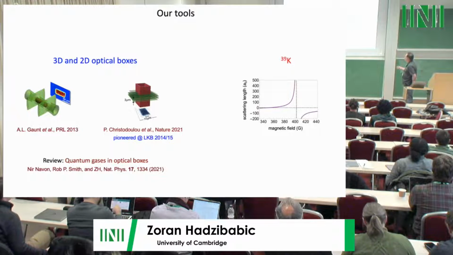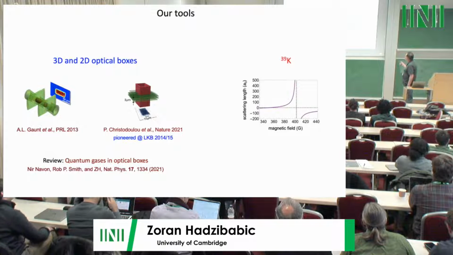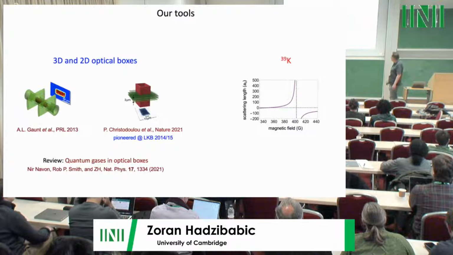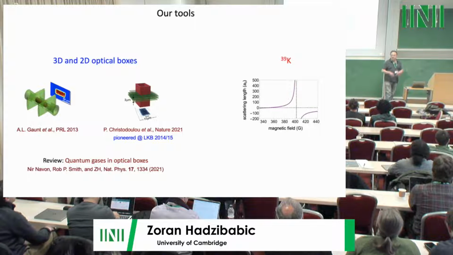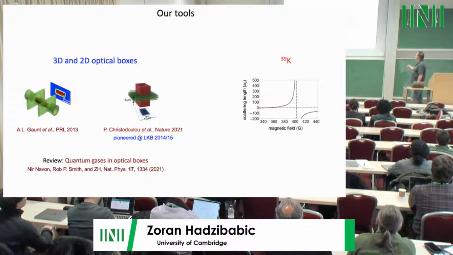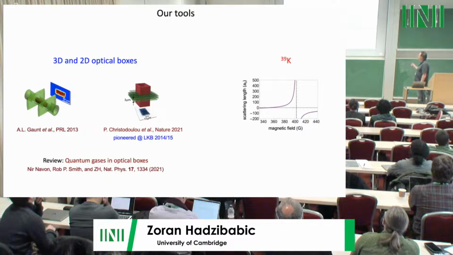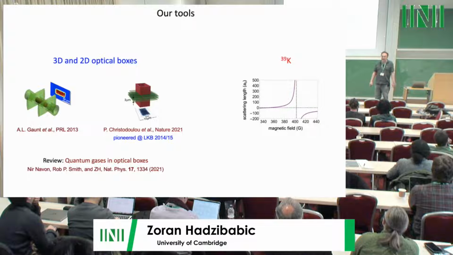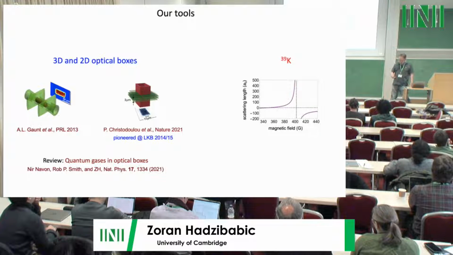Another important thing is the atom. There will be maybe one slide on all the experiments, but for the new experiments, all the experiments are done with potassium-39. And potassium-39, because of some numerology of atomic physics, has a convenient feature that it's easy to tune the strength of interactions in the system, the strength of nonlinearity in these gases, using a so-called Feshbach resonance. It's just a matter of applying some external magnetic field.